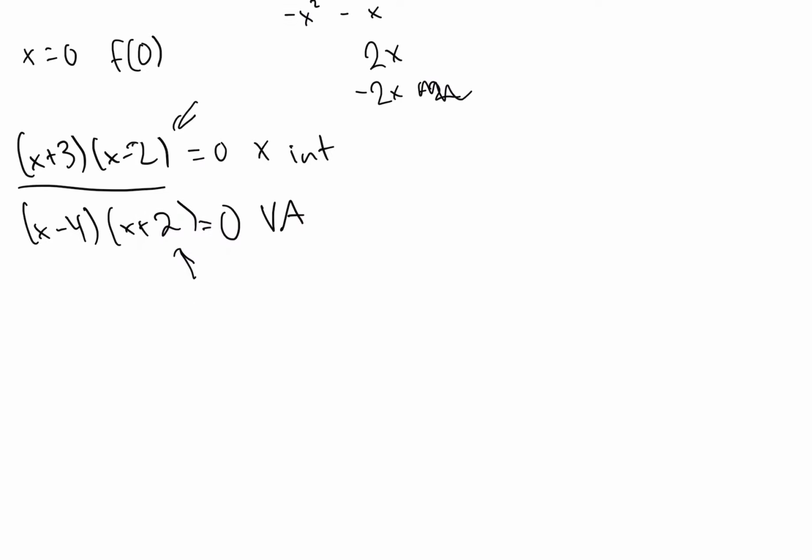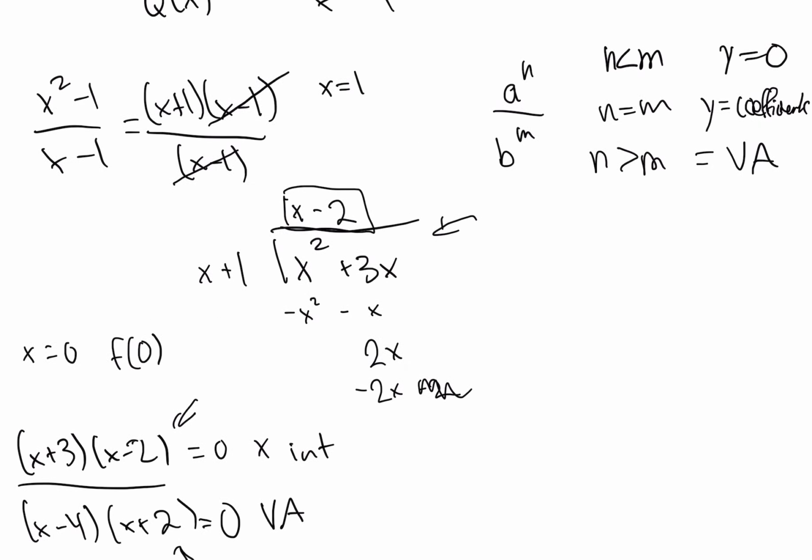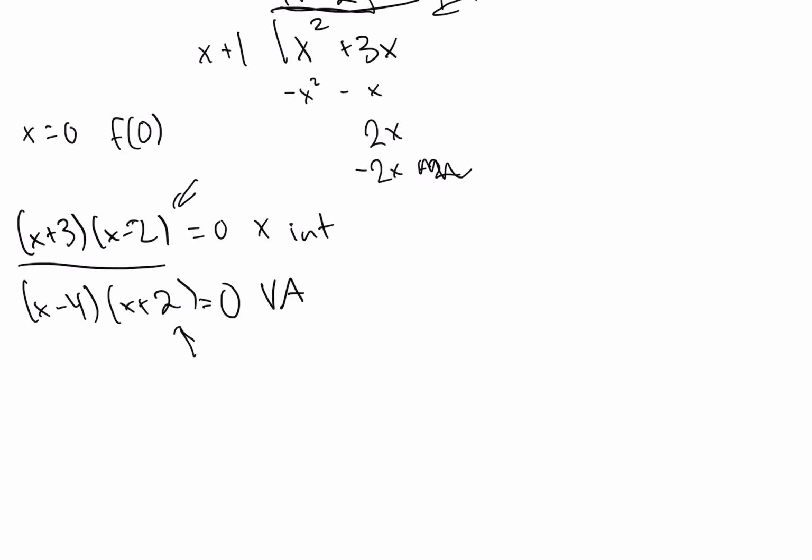Now, to analyze the behavior near vertical asymptotes, just check values very slightly to the right and to the left of asymptotes. Like in this function, we have x equals -2 and x equals 4 as our vertical asymptotes, because these are the zeros in our denominator. So to find the behavior near these asymptotes, just plug into the function values that are extremely close. What my math teacher used to say is you just plug in, let's say 0.1 away from -2. So you use